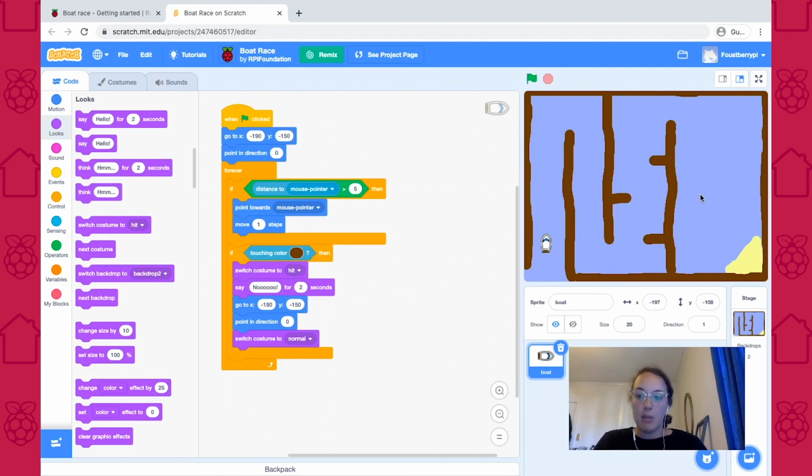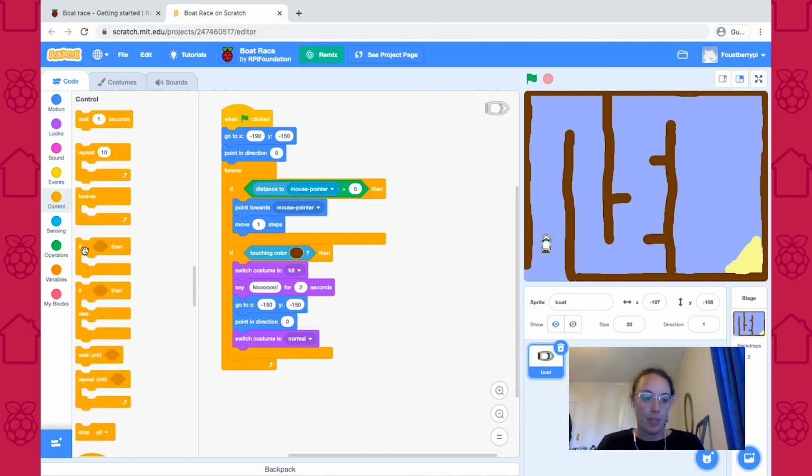So in this case, if the boat touches that color. Feel free to pause and try to code this on your own. It's very similar to the blocks that are here. So if you want to pause, I'm going to go ahead and do it, and then you can come back and see what blocks I used. So the blocks are, we're going to use if then,